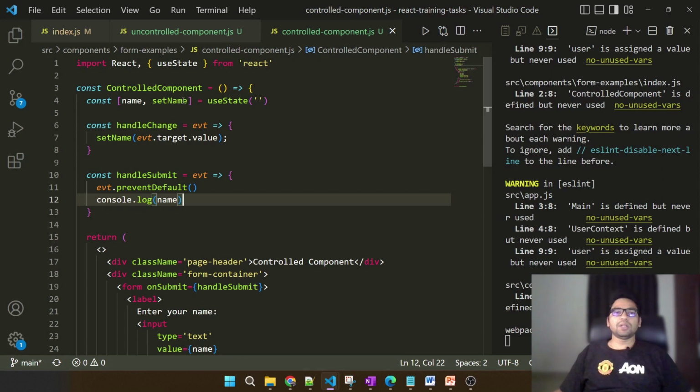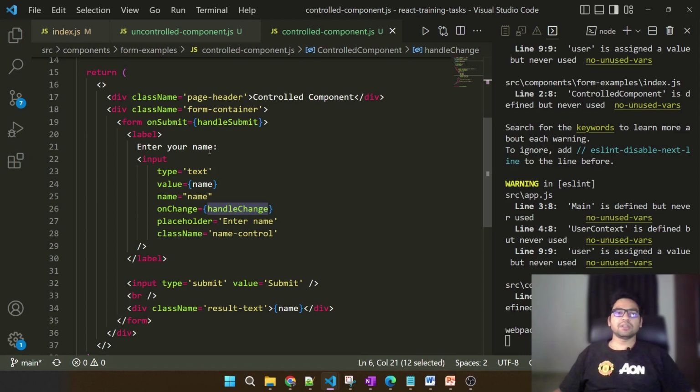So if you see this component, I'm not using any useRef hook here, because in the controlled component definition, form data is connected through the state. So anytime we can access the state values to fetch the current data or set the data, set the value to the control especially. So here you can see I have a state called name, set name for the setter method, and if you see the render section,